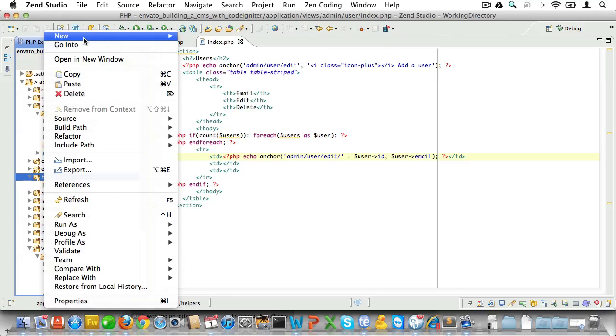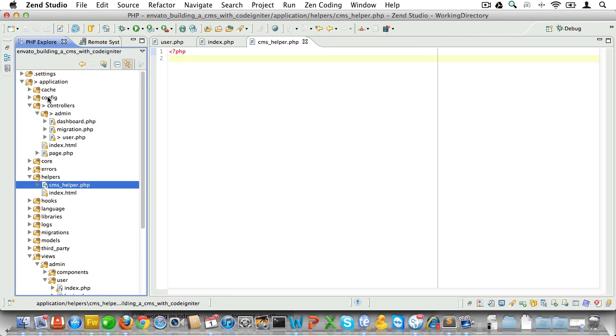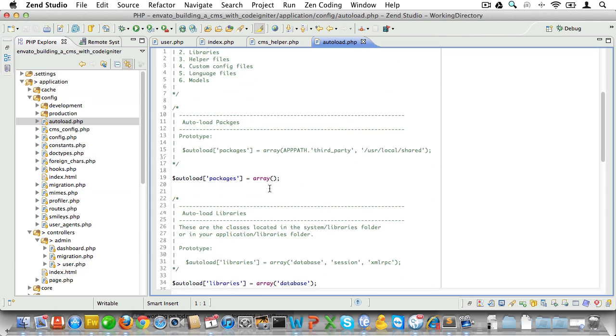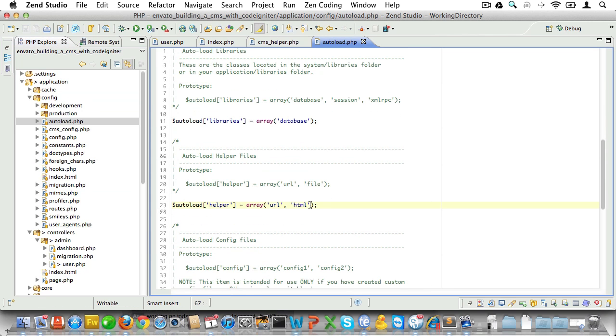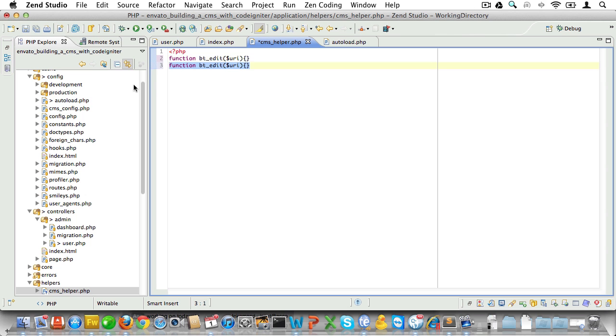First of all, we'll create a CMS_helper file inside of the helpers folder. Then we'll go into the config folder and open up autoload.php. Now let's add the CMS helper to be auto-loaded. Okay, now inside of our new helper file, let's add 2 functions, button edit and button delete. They will both take a URI parameter. Now inside of button edit, we'll return an anchor that will point to the URI from the parameter. The text for this anchor will be an I tag with a class of icon edit to display a Twitter